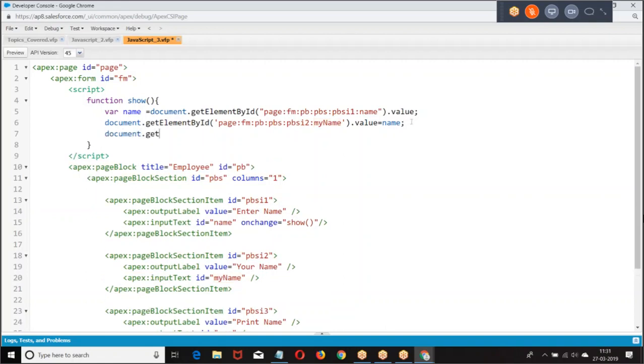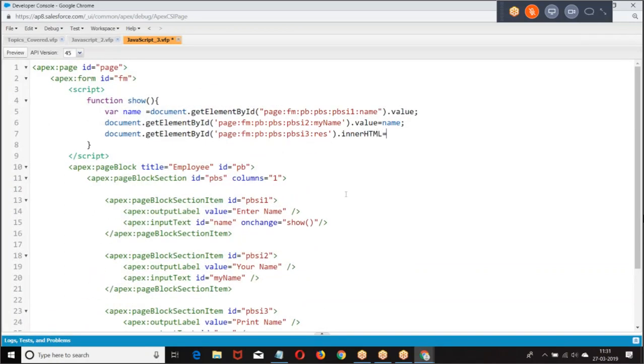Is it an input text box or output? Output. If it is output, again the same story. Page, form, page block section, then we have ID. What is the ID? RES.